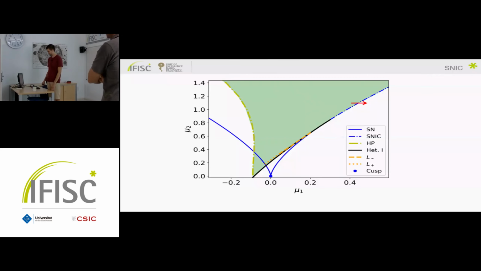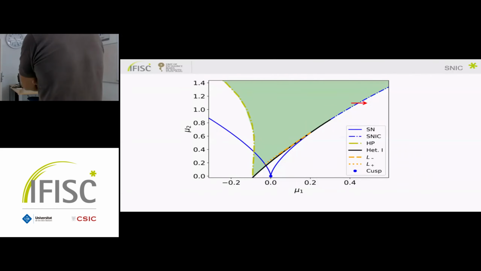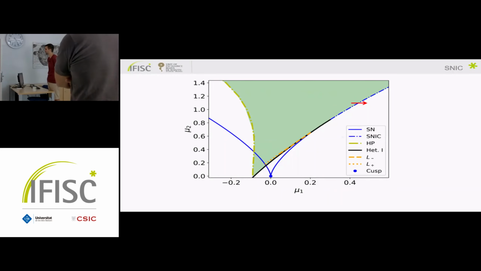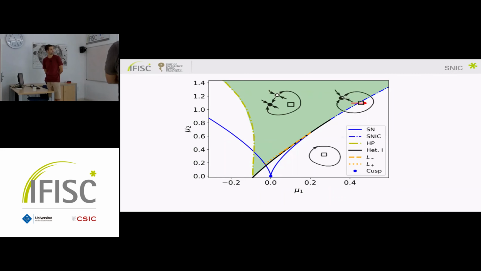But also then, this cusp that you have, I don't know if I have understood it wrong, but if you just have the temporal domain, there is a Hopf that is explaining this kind of thing, then you have this loop and it's growing and then you have the saddle, the kind of thing that you were explaining in the diagram. And if you have the spatiotemporal, you have the saddle node, or both kinds of bifurcations, the Hopf and the saddle node are happening in the cusp for the temporal and the spatiotemporal. With cusp you're talking about, sorry? This kind of triangle that you have there, and also you have it on the temporal one.